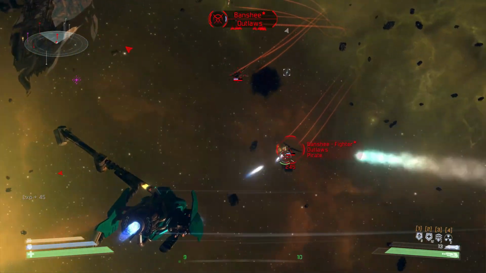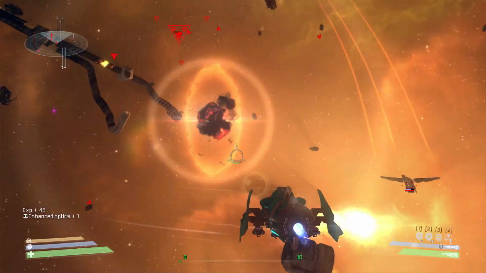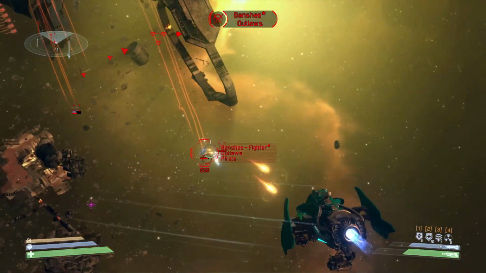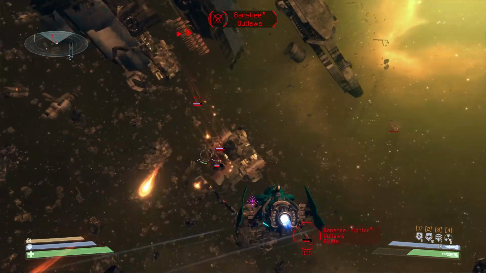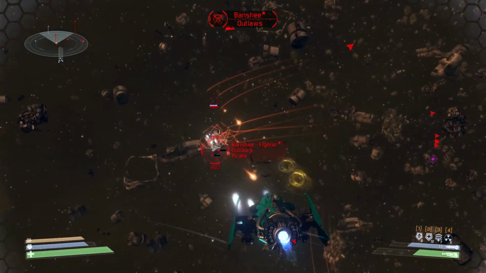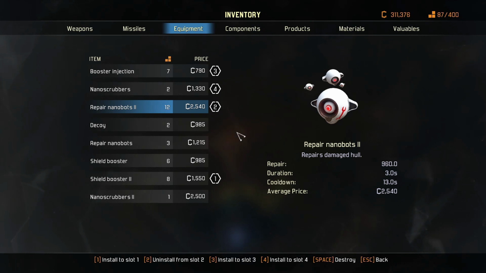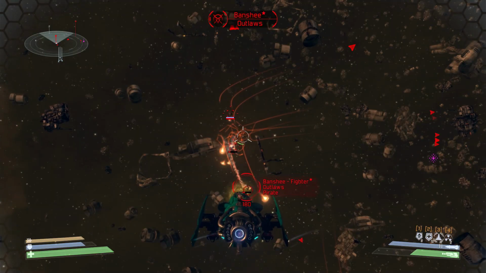This is a level 1 map and I am higher level than them, but still there's a good chance they will get reinforcements, a lot of reinforcements here. There's another group of enemies there, and now I'm starting to be shot at. Seriously. Do I have a set, maybe? Equipment? No, I don't. I do have a decoy, though. Let's try to...